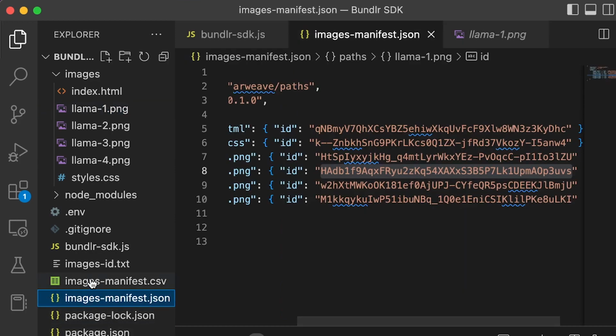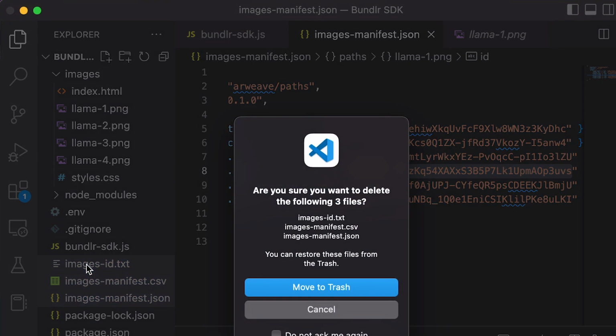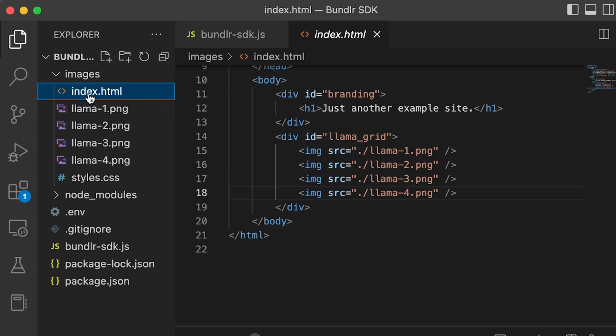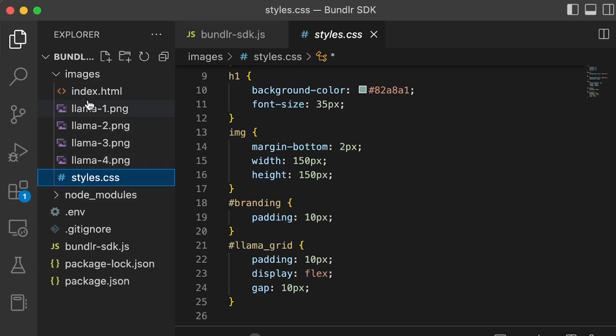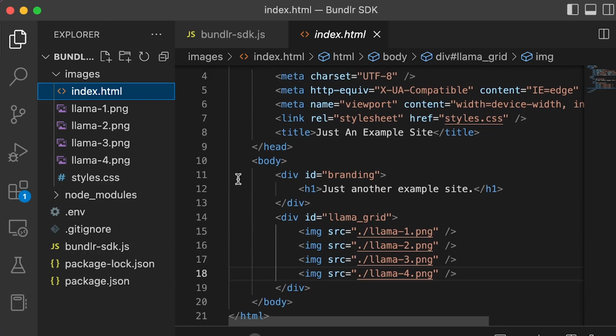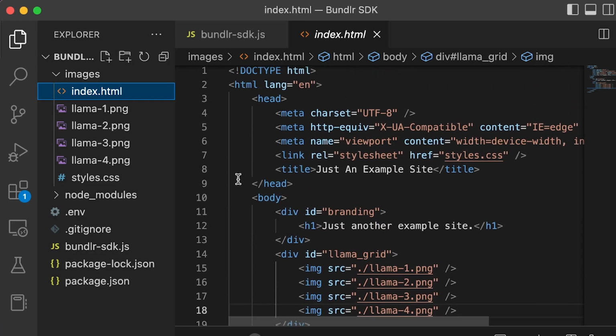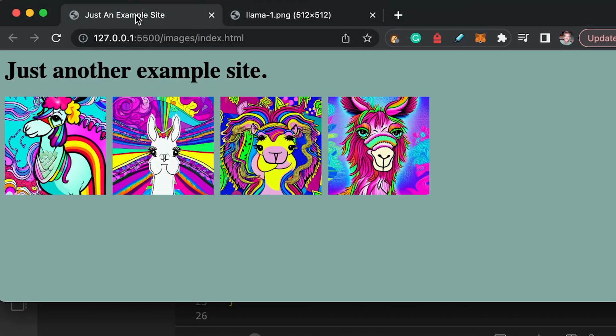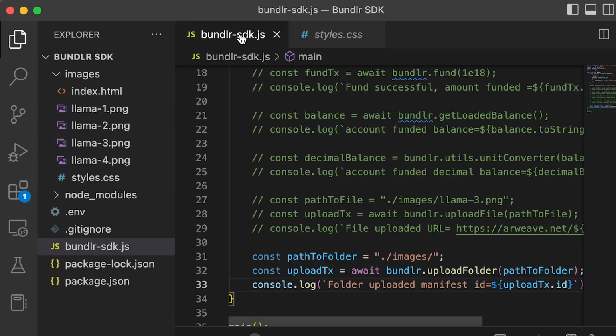Okay, first I'm going to delete all this. Now, you may have noticed, eagle eye observers, that there's also an index file here and a styles.css file. The web design here isn't anything groundbreaking, but it is representative of a typical static site design. In a typical static website, you have an index page, you have a styles page, and you've got some images, right? Okay, let's look at that website for a second. Here's the website. Nothing much to it, but you can imagine a much bigger static website, a corporate website, same structure. Now, watch this. This is where stuff gets so cool.